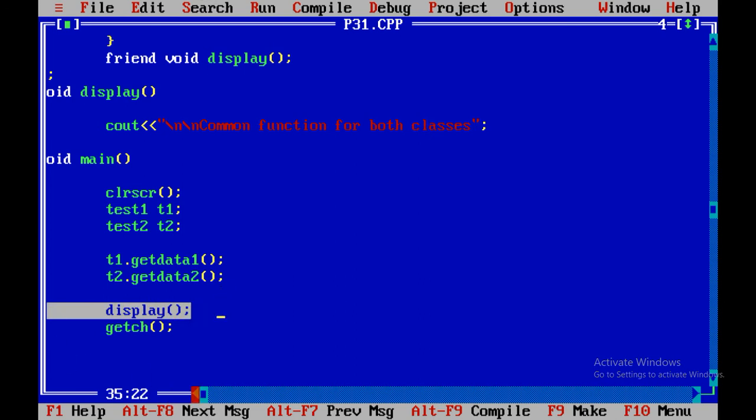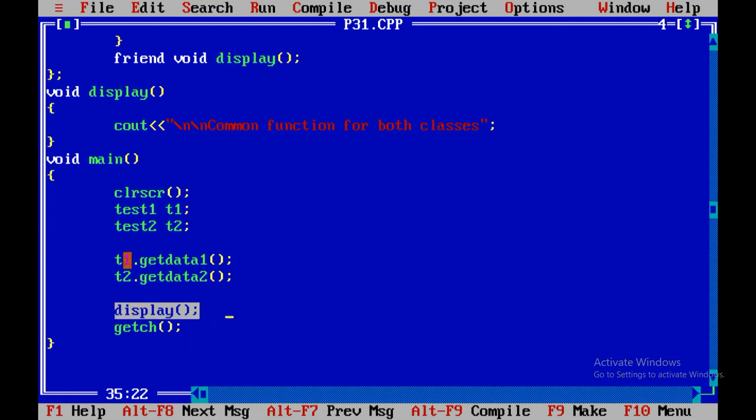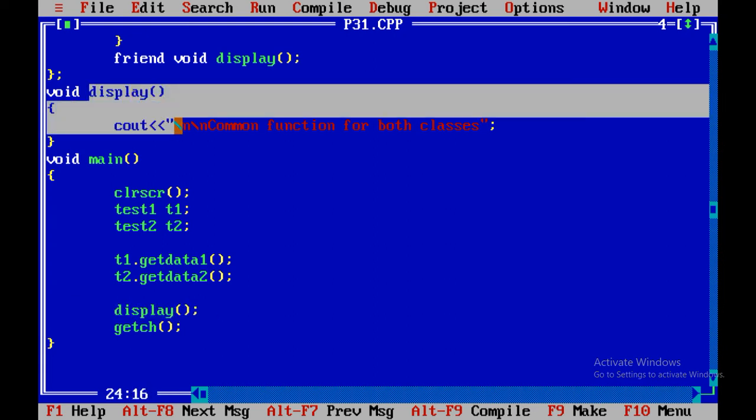You can directly call it like a normal function call: display. But the t1 object cannot claim that display is my function. Similarly, the t2 object cannot claim that display is my function, because it is declared as a common function. As and when required, it will definitely be called.